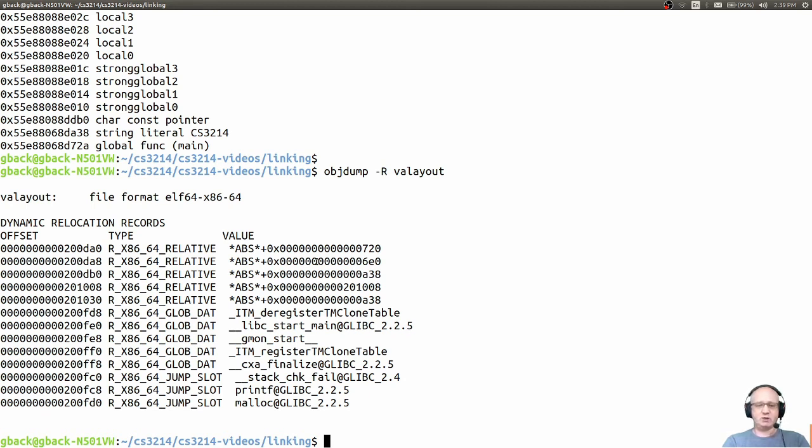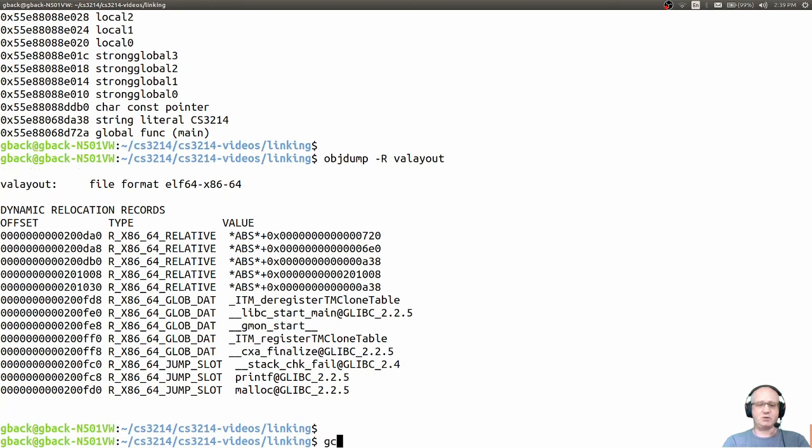On the machine I'm demoing this, an Ubuntu machine, position independent executables are the default. On other systems, CentOS 8, for example, as of the time of this recording, have a default of no-pie. Okay, and with gcc you can specify -no-pie if you don't want position independent code, and you can specify -pie if you do, and depending on the system, one or the other may be the default. When you debug, you may encounter faults at certain addresses and you want to reproduce this. Then I recommend that you compile your code with no-pie so that you do not get the effect of having different addresses each time you run the program.